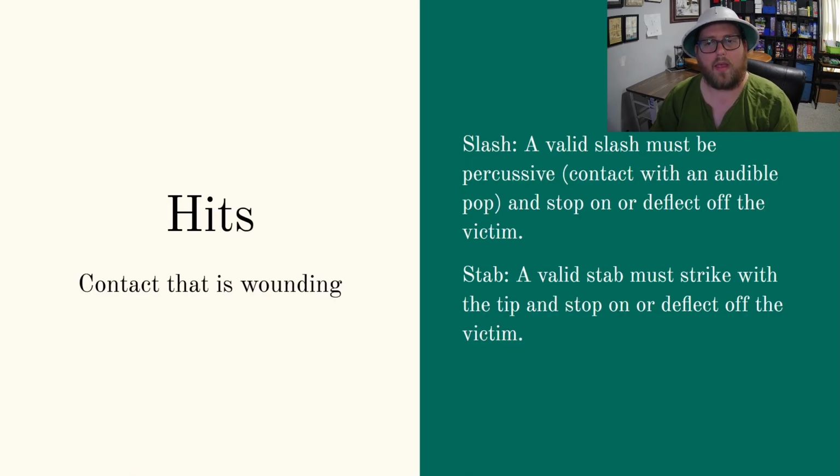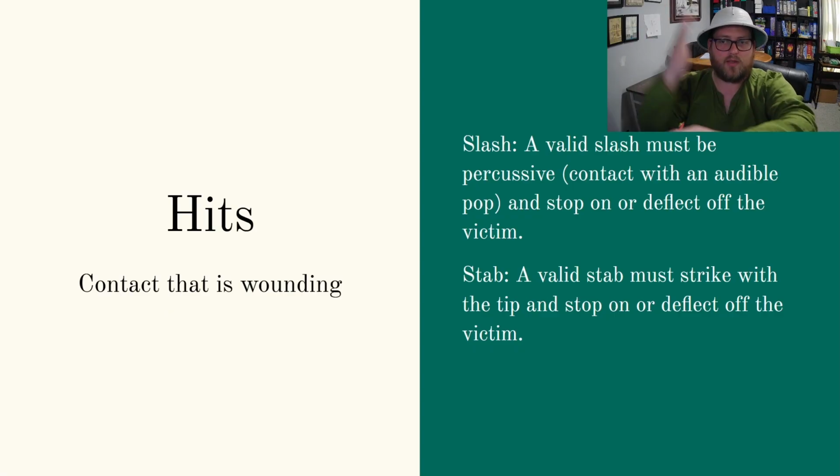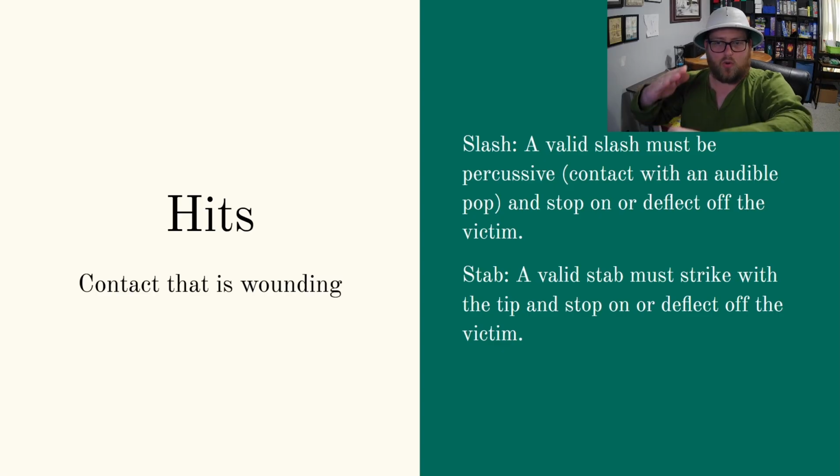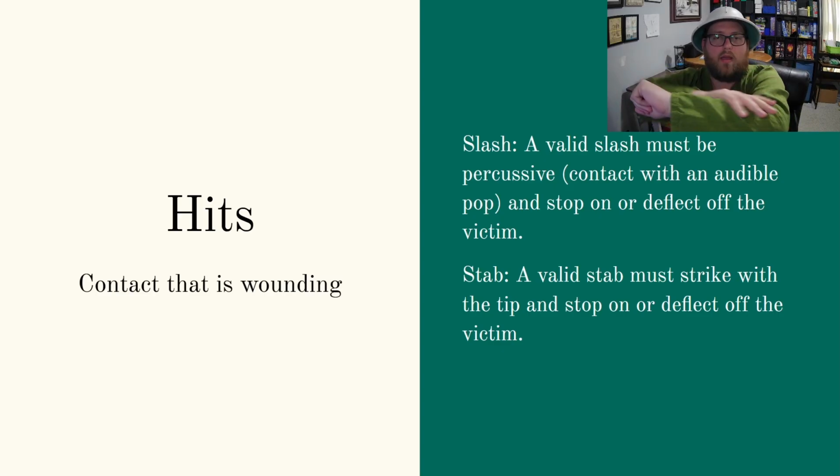Hits are a contact that is a wound delivering contact. What do we mean by that? So there are two kinds of hits that are allowed in Amtgard. There is a slash. A slash is where you have a percussive contact with a player, and your sword either pops bouncing back, or if it stops definitively on the victim. Now, if your sword kind of slithers around like this, that does not count as a slash. It is what a lot of people would refer to as buttering toast,